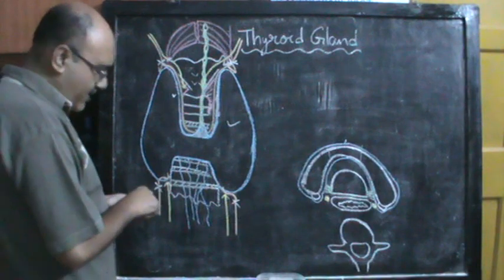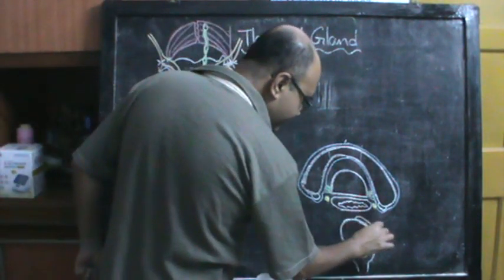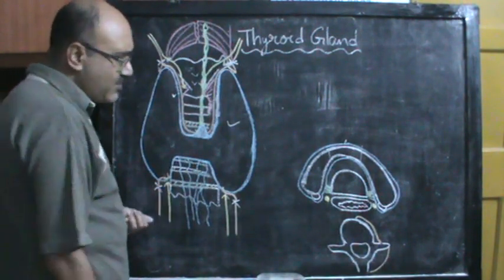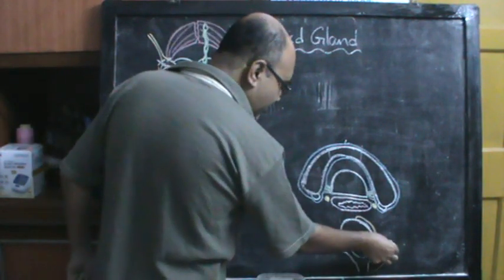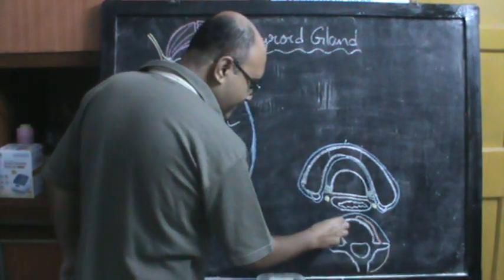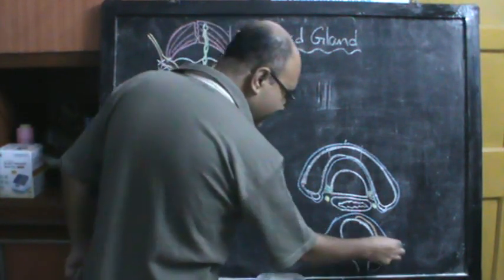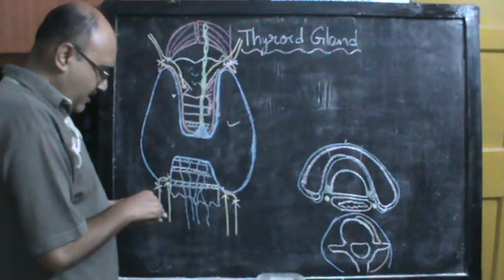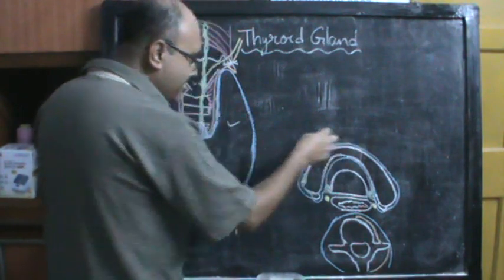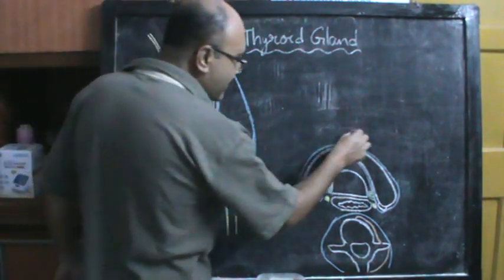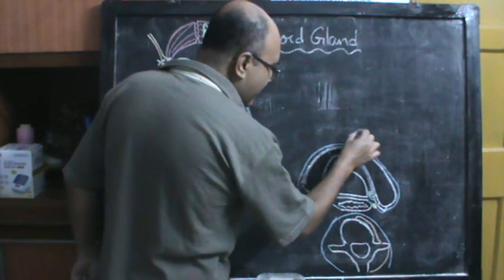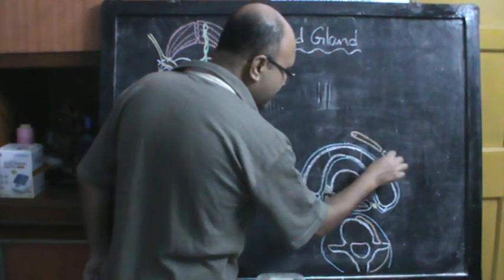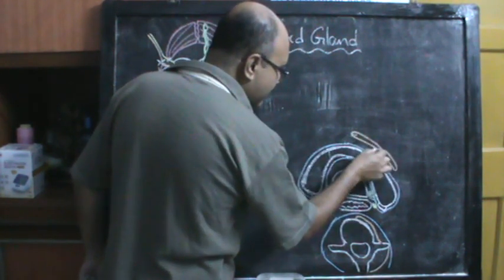So in front of the vertebra you have the prevertebral muscles over here, and you have the erector spinae group of muscles over here, and just as you have the pretracheal fascia, you also have a prevertebral fascia. So you have a prevertebral fascial layer over here, and in front of the thyroid gland we have said that you cannot directly go to the thyroid gland, so you have the sternohyoid muscle, sternohyoid, this is the omohyoid, and this is the sternothyroid.